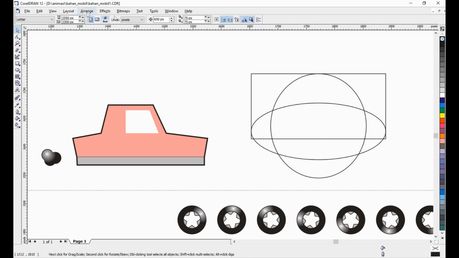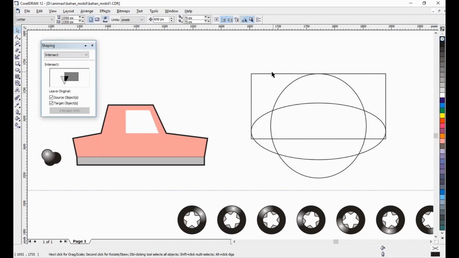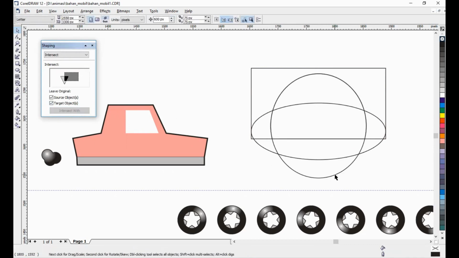Now I want to make it using the saving facility. I want to intercept this. Okay, so select this. Okay.